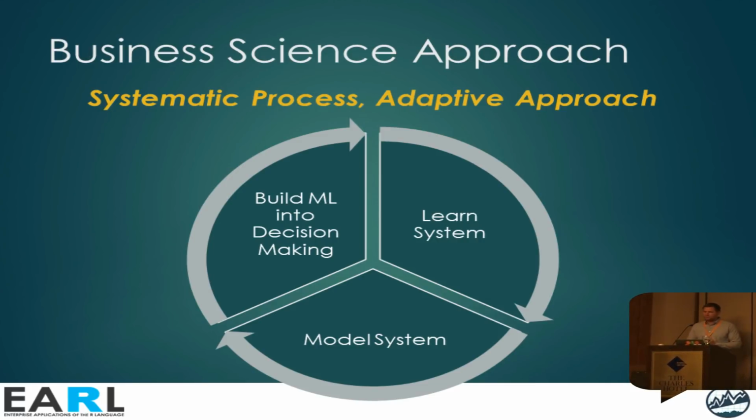So what we've developed is a systematic approach. It's a systematic process. It's adaptive. So it starts with learning. We need to learn the business, we need to learn their system, in order to be able to then go into that next phase, which is modeling that system. So we spend a lot of time up front trying to digest what they've got going on, what they're currently doing, and using that as a baseline for future model development. Once we build that model, then it goes into the third phase, which is actually implementing machine learning and predictive analytics in order to gain those insights.